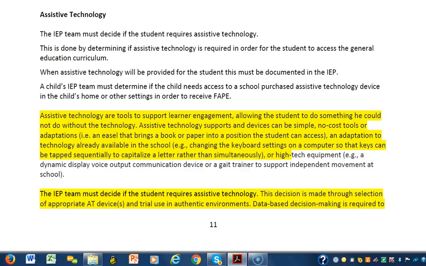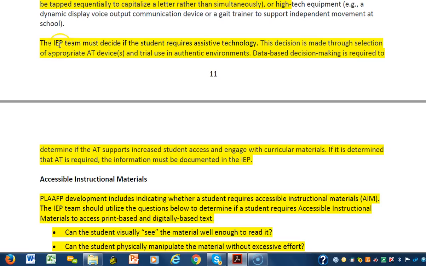So that paragraph is just simply reminding us of the wide range of possibilities of things that can be assistive technology that would allow students with disabilities to engage better and to do some things they couldn't do otherwise. As we move on in the assistive tech notes here, this next little section of new language just reminds us